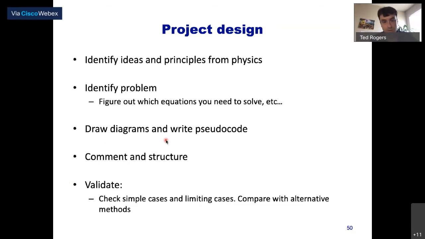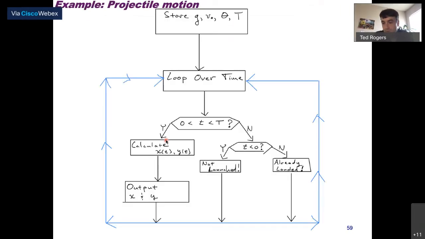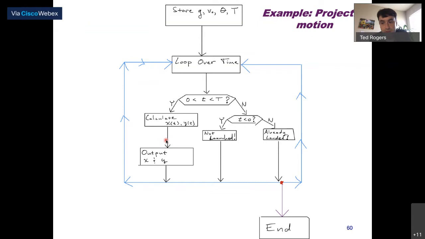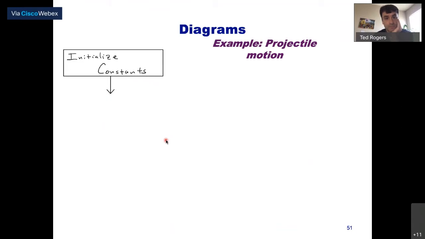I said draw diagrams and write pseudocodes. And I gave an example of the kind of diagrams that I have in mind. Here was one where I sort of alluded to projectile motion already. So you might want to draw something like this, but try to flesh it out more, fill in more of the details, and make it more specific to this particular computer game project. Okay, draw something like that. Remember that you need to make a bunch of comments. Okay. Now to fill in and do this calculation, you've got a little bit of a math problem that you need to start out with.